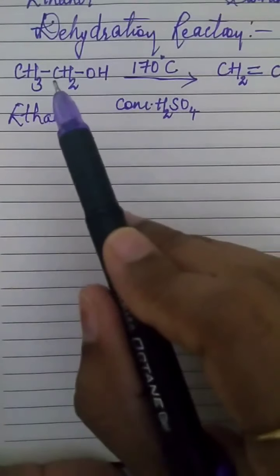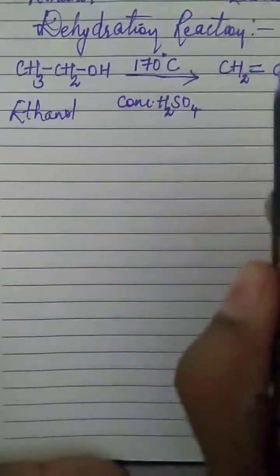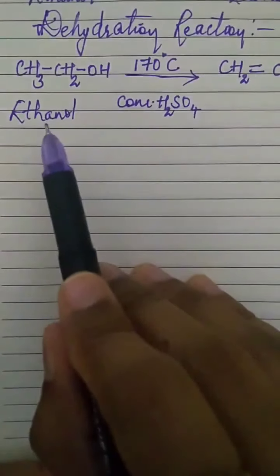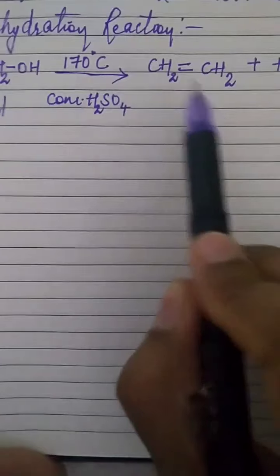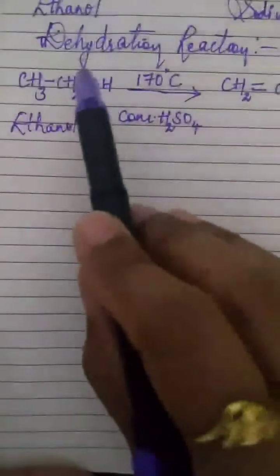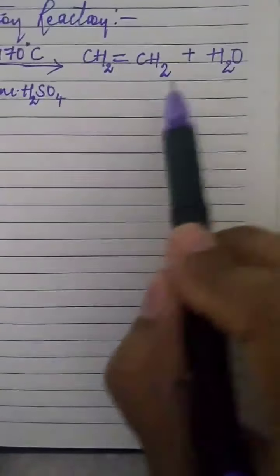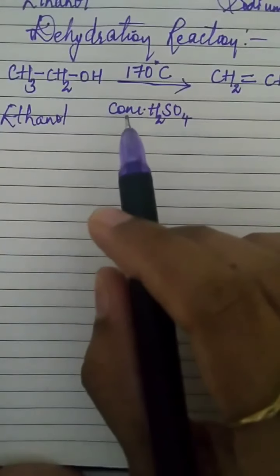In addition, what happened? The double bond was broken. Unsaturated got converted into saturated. Here ethanol is getting converted to unsaturated and you see H2O. Pani dekh liya, matlab it is dehydration. Dehydration means loss of water, no? So loss of water. Water is lost. This is a dehydration reaction.